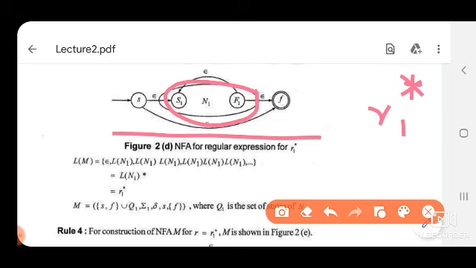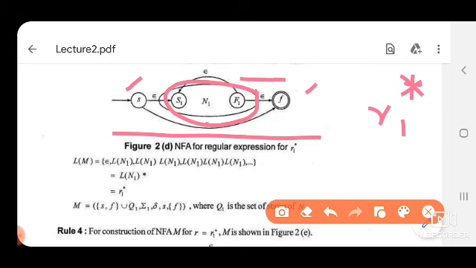So we have to take two other states, that is S and F. S is the initial state of the whole figure and F is the final state of the whole figure. So we have to join the initial state of the whole figure with the initial state of N1 with a null transition, and the final state of N1 with the final state of the whole figure, that is from F1 to F.